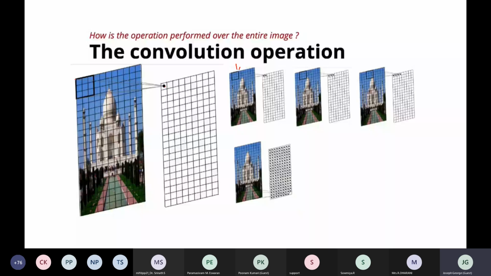Then the kernel moves towards the right by one slide, and again it gives the second pixel of the convolved image. This happens from top to bottom. Finally you will get a convolved or activation map like this.